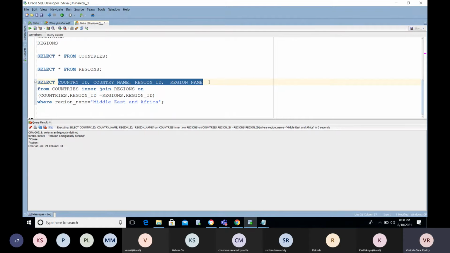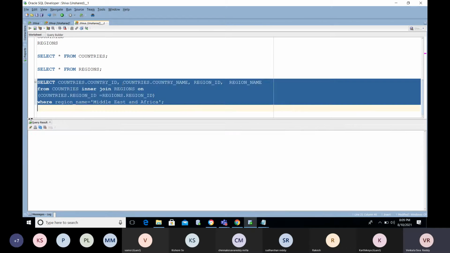If you have like 200 columns for each table, it is very difficult to find out. So you need to mention which table this column is related to. Then only the system will understand. It won't get any confusion here.